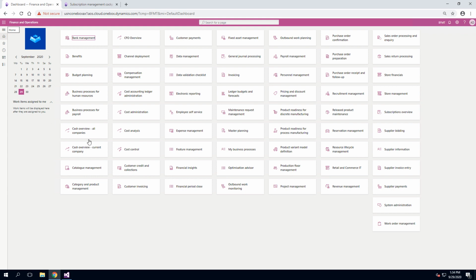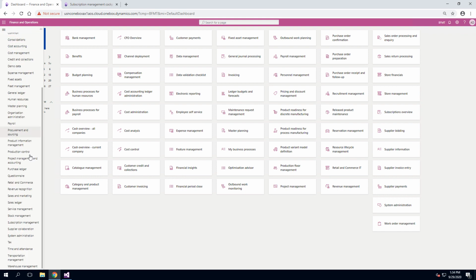In that lesson we covered the basic scenario of consumption billing. In this case we'll use a more advanced scenario, which is customer meterage, as a basis for calculating the consumption invoicing. So let's jump right into the application. As usual, this is our finance and operations client. We shall browse to subscription management,